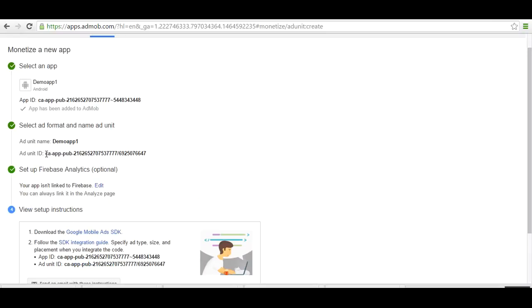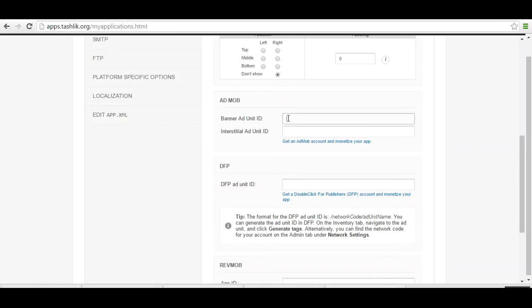This is the banner ID. Copy this without any spaces. Go to the software. Paste it here. Again reconfirm that no spaces have got copied.